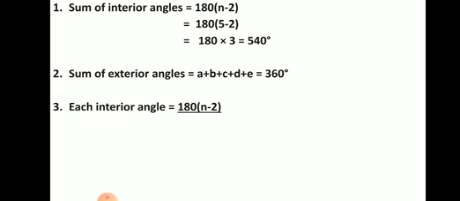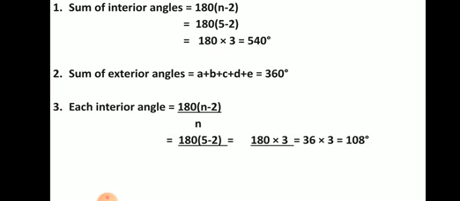If you are even looking for one of it, you can use this as well. If you are looking for each interior angle, I'm going to use the formula: you divide by n. 180 into bracket n minus 2 divided by n. If it is one interior angle you are looking for, you divide by n. If it is a pentagon, you divide by 5. If hexagon, you divide by 6, and use the 6 there too. So that is how you continue.